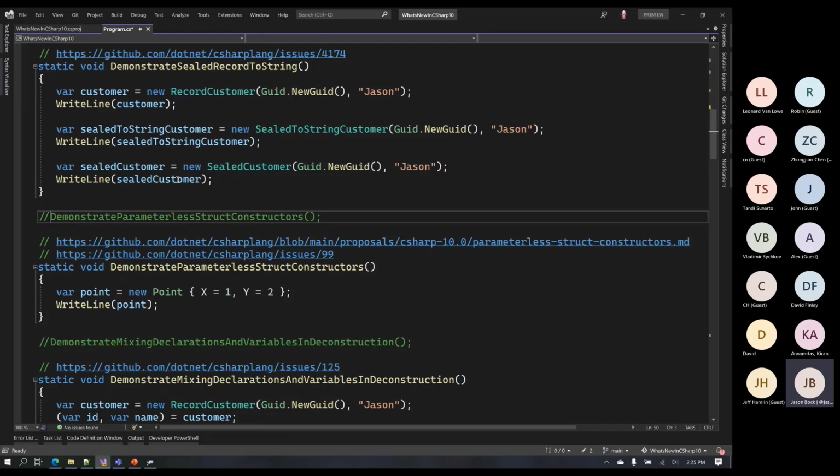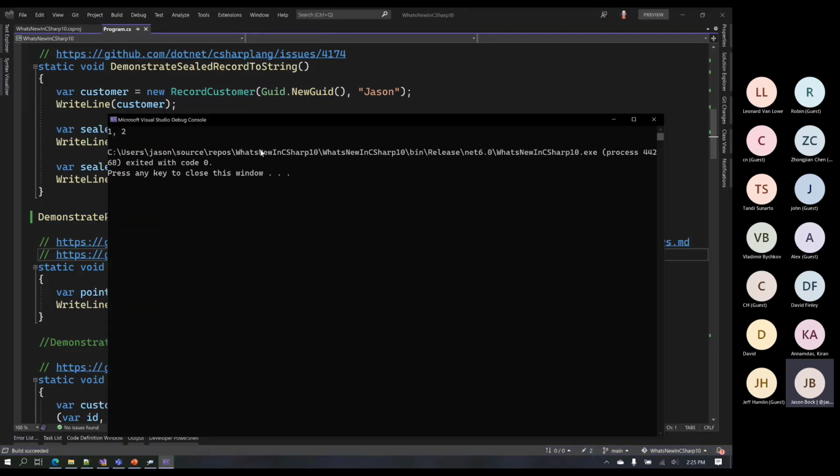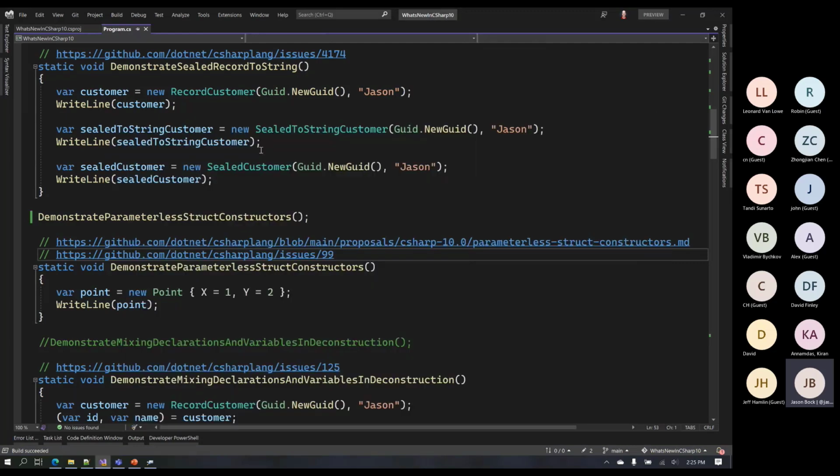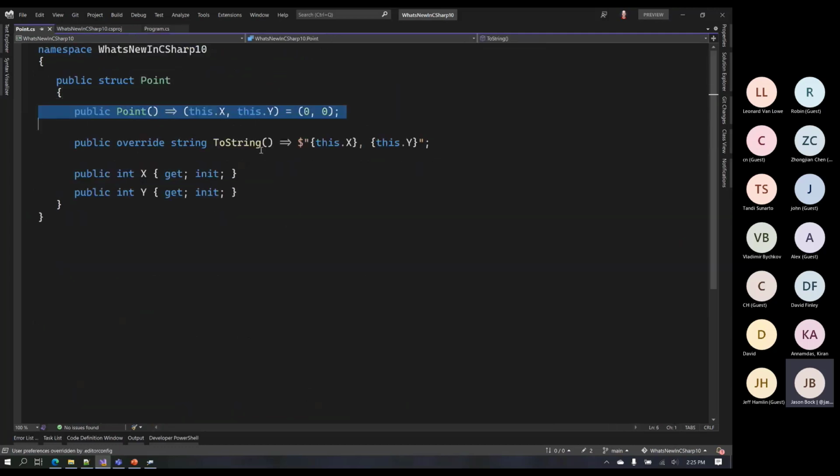Parameterless struct constructors. This one looks simple, and in fact, as you see the code, it's going to be pretty simple. If I run this with my point that I created, and I show you the values 1 and 2, you're probably guessing, well, it's just a point with 2 coordinates, and you would be right. But it's the definition of point that's a little interesting, and that is it has a struct with a parameterless